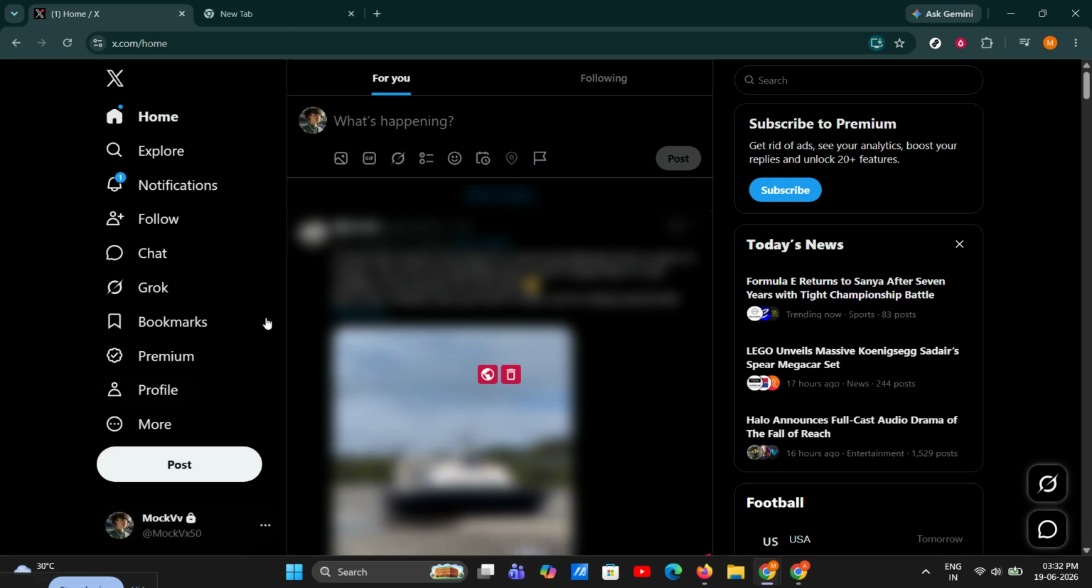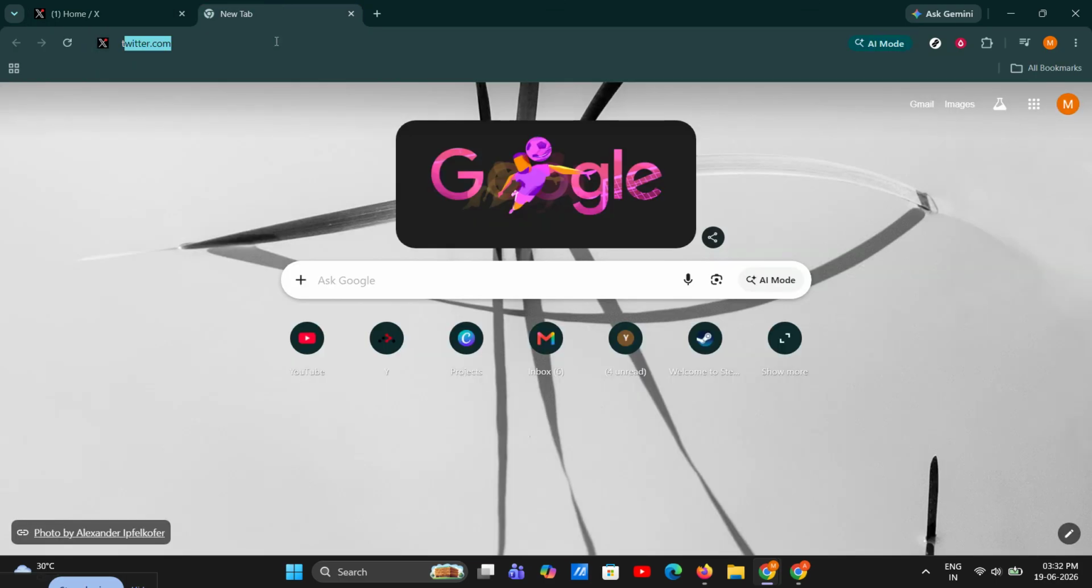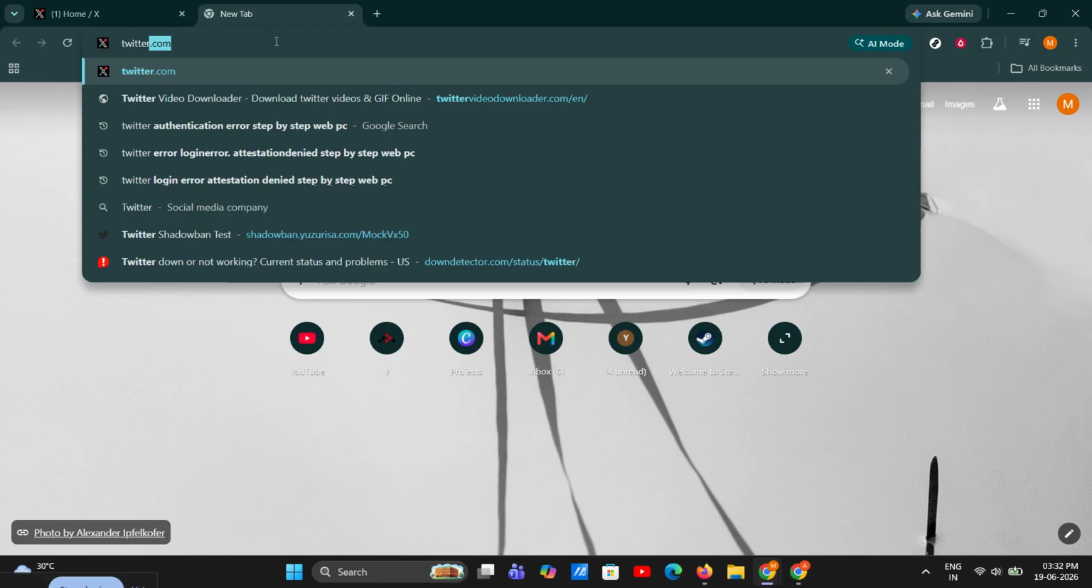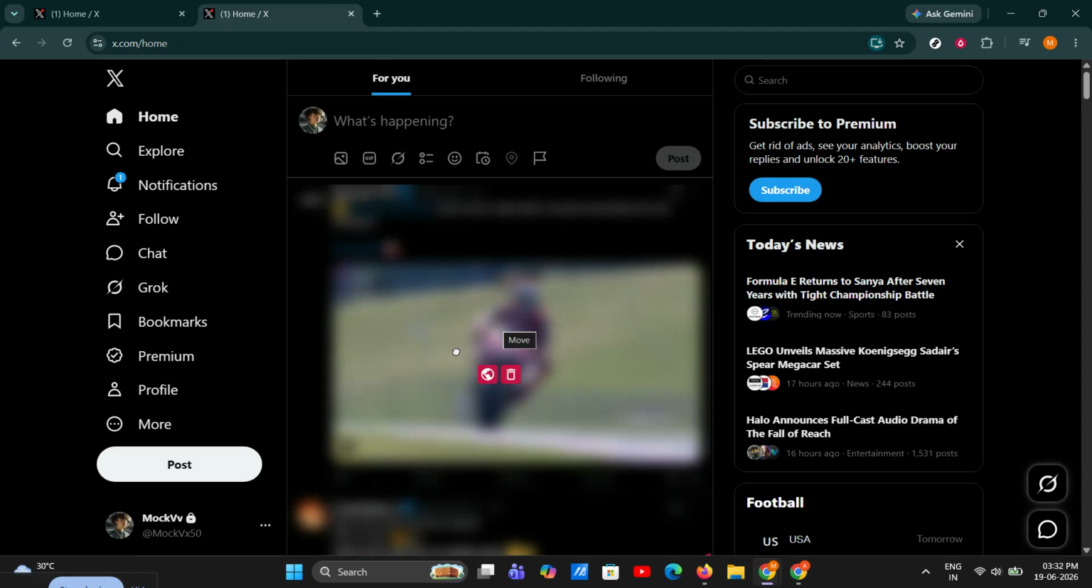After that, open another tab and go to twitter.com, which is the older domain. If twitter.com asks you to log in, sign in with the exact same account. You want both domains to recognize the same active session, because that helps prevent redirect problems and account mismatches during